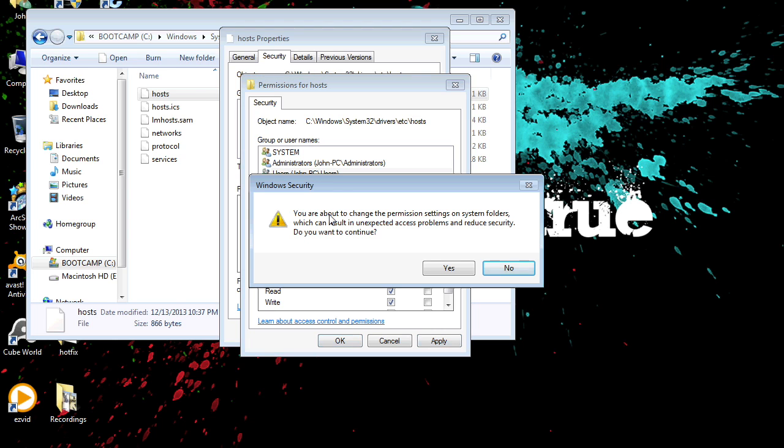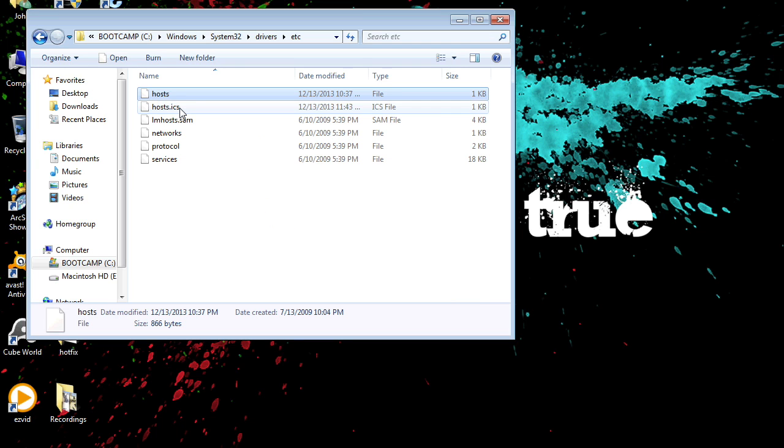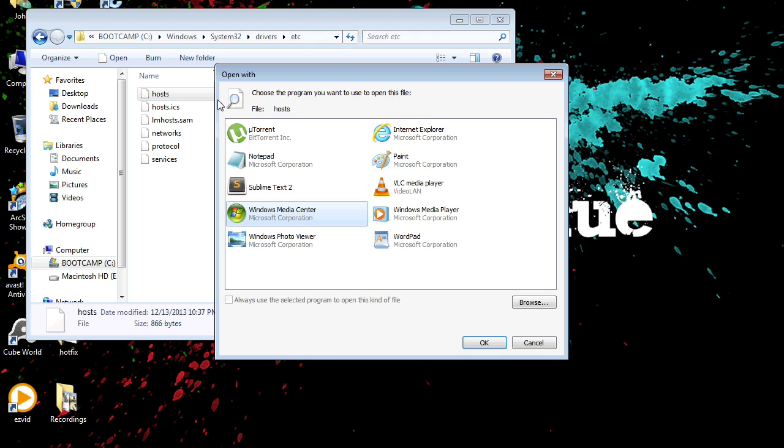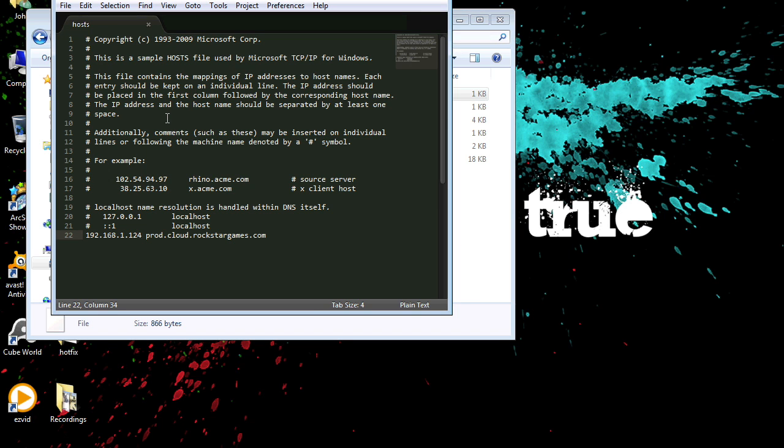So go ahead and click apply, and then it'll say something about changing permissions settings on system folders. Do you want to continue? Just click yes, and then click OK, and then click OK on host properties, and that will allow you to edit the host file. As you can see, then you can open it up with Sublime, and then you are able to edit it and put in your IP address and then